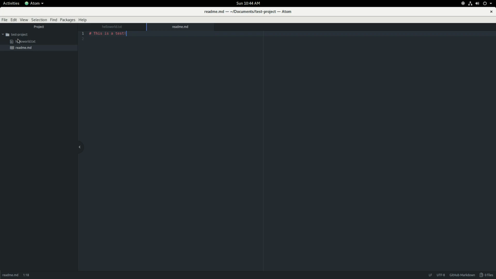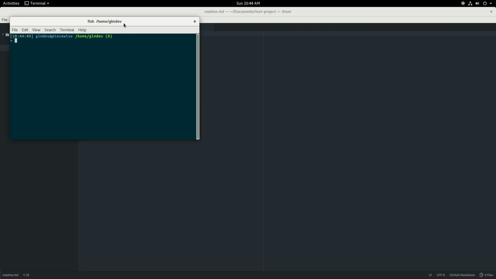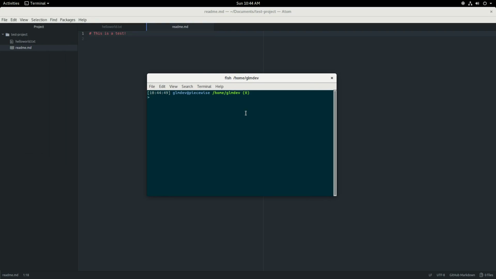So we've got our project folder and we've got some test files, and we want to version control these files. The way we do that is we're going to open up a command line. The majority of work with Git and version control is done in the command line, and that shouldn't daunt you. It's really not that complicated. So what we're going to do now is change directories into the test project folder we created. So cd documents